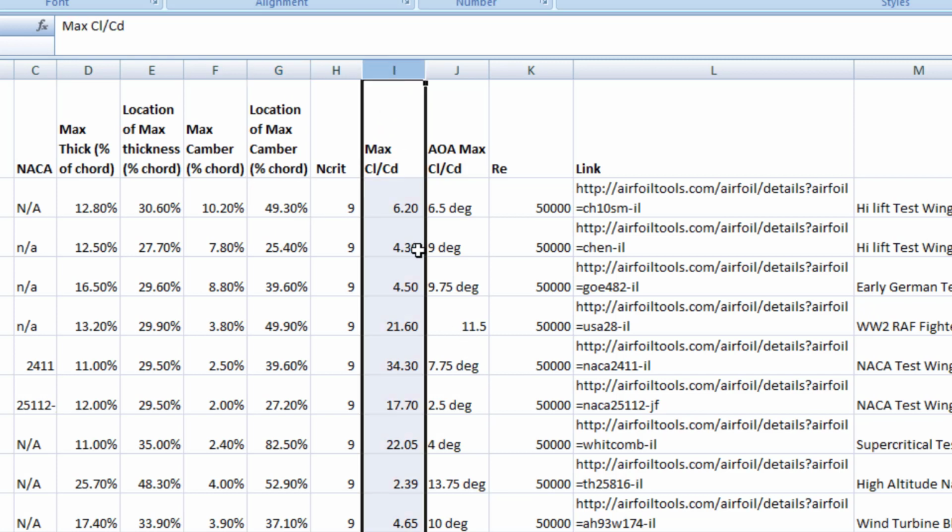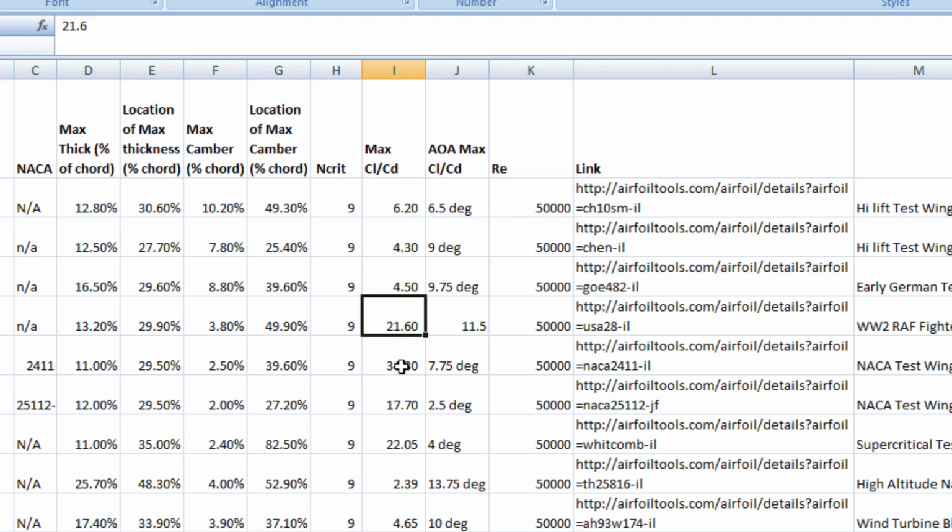Notice in column I here, you see this max CL/CD. That's coefficient of lift divided by coefficient of drag. A higher number here means essentially a more efficient wing at this particular Reynolds number. So you'll see there's more efficient and less efficient wings flying here. This also tells you where that max efficiency occurs. In this instance, 6.5 degrees and a ratio of 6.2, meaning it's making 6.2 times its lift approximately compared to its drag. So these wings come from a website called Airfoil Tools,